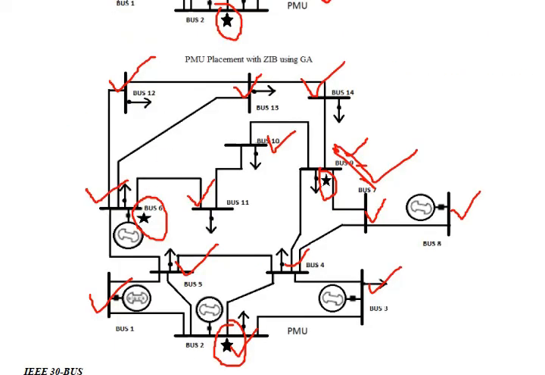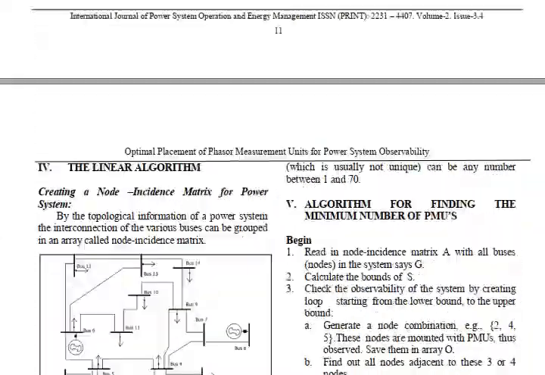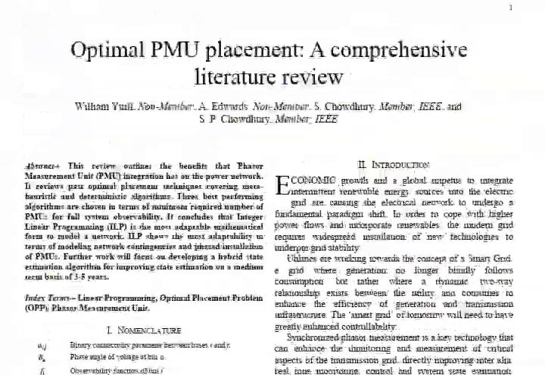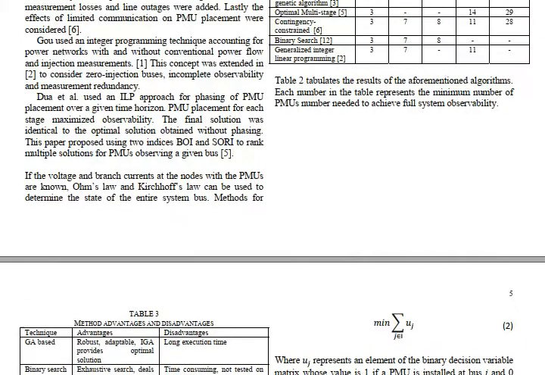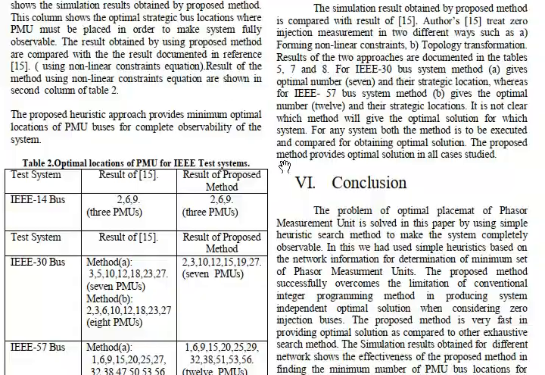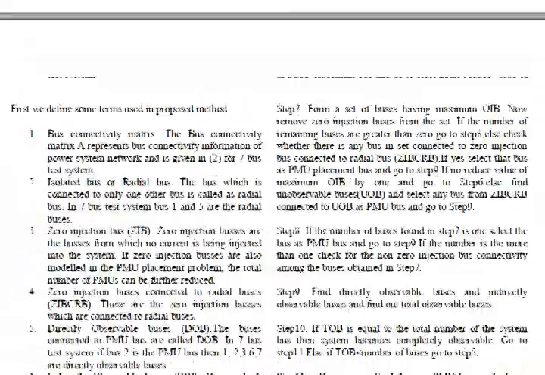So this is our case study that we have simulated for the 30 bus system and 14 bus system using these 4 research papers. You are seeing we have reproduced the results of these using 4 different optimization techniques: particle swarm, GA. You can also request us for simulated annealing, binary search, Firefly algorithm, differential evolution, and different optimization techniques. You can ask us, we can simulate it. We have also used this research paper, and you can see its results also.